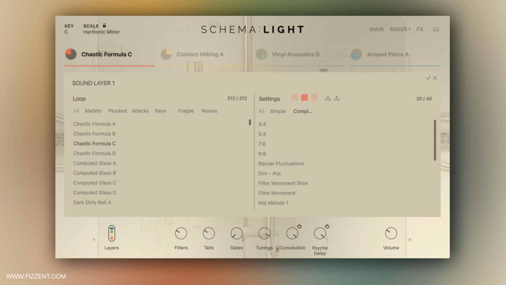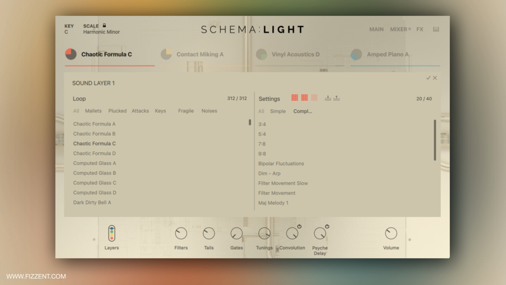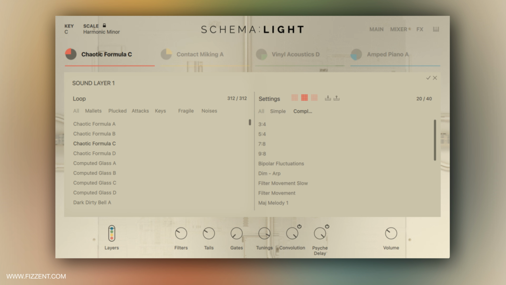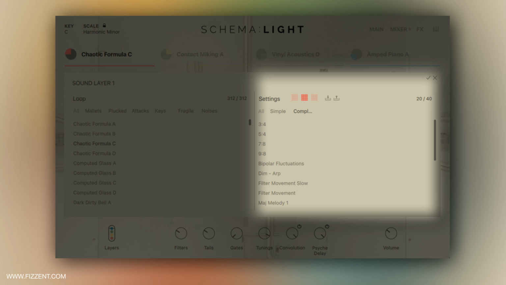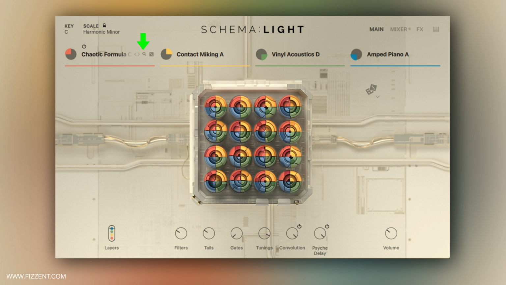Browser. Schema Lite's browser lets you load loops and settings from the Schema Lite library into the desired layers. Furthermore, it allows you to save and recall your own settings for patterns and layers. The browser is available in all four layers. It is split in two parts, the loop browser on the left, the setting browser on the right. To open the loop browser for a particular layer, click the loop name or the magnifying glass in the Layer